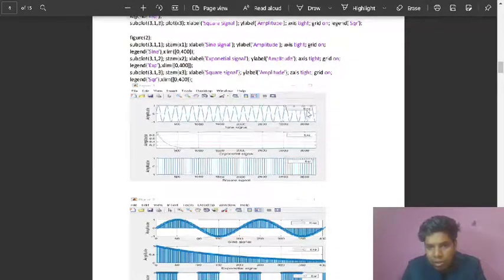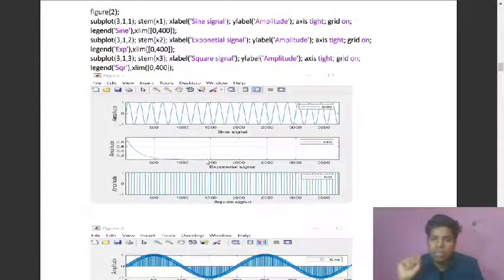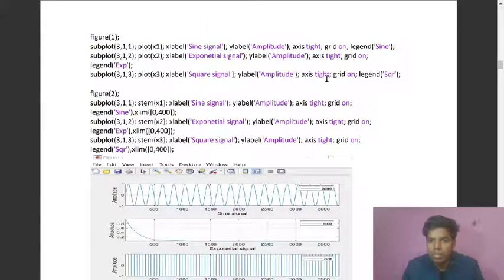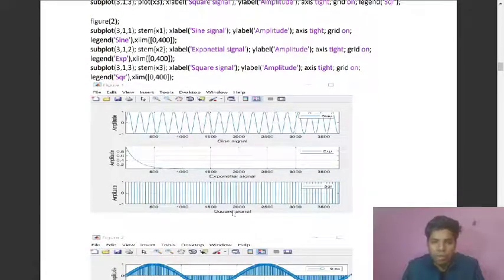What legend does, as we can see, it names the sine function. We use grid on, so it is drawing some grid. Same for the decaying signal, we use grid on, so it is drawing sublines. And this is legend, we use exponential as a name, as you can see, grid on for exponential here.